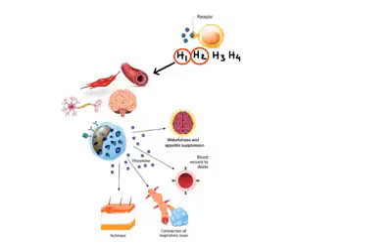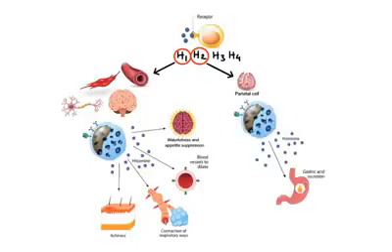Now let's move on to the histamine type 2 receptors. So H2 receptors are expressed mainly on gastric parietal cells. When histamine binds to these receptors, it causes increased gastric acid secretion. Now let's switch gears and let's talk about drugs that block the action of histamine, starting with H1 receptor blockers,